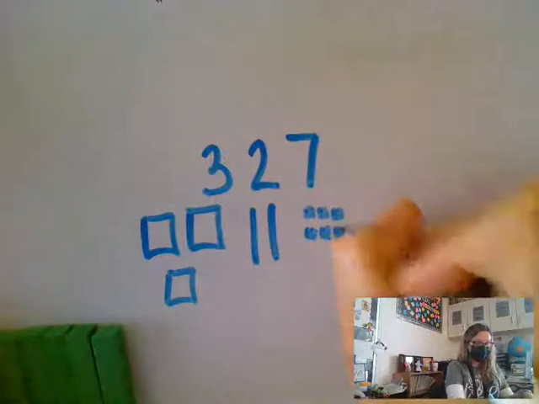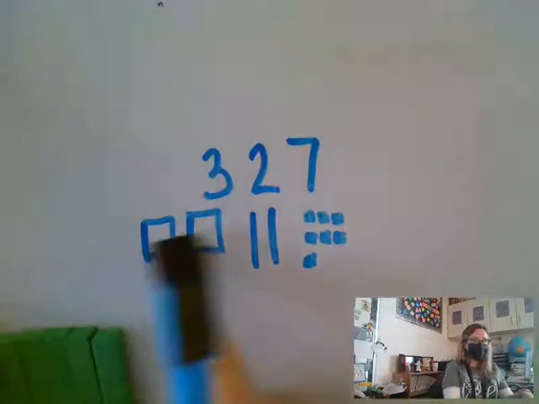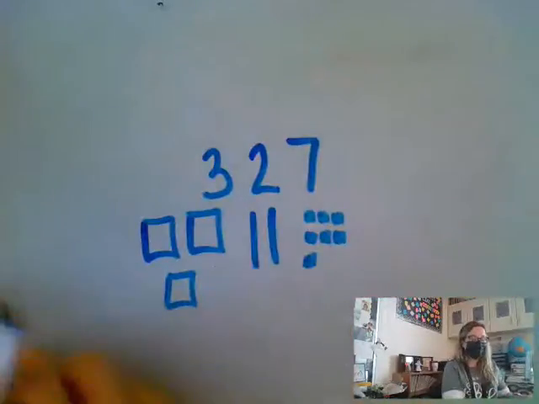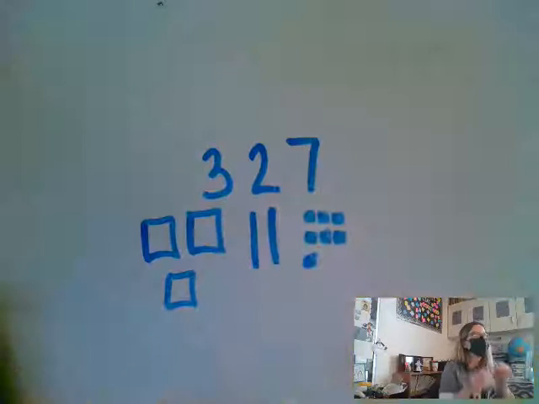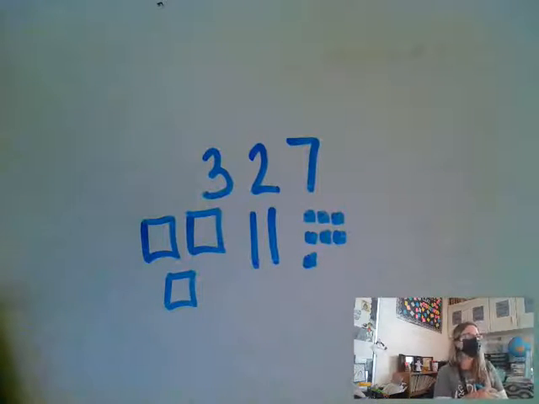Okay? That is what it means. 300. So each of these big squares represents 100 cubes. Each of these bars represents 10 cubes. And then each of these cubes obviously is 1 cube. Okay? So Isaac, what if I had the number,